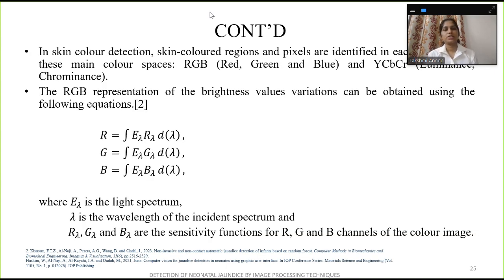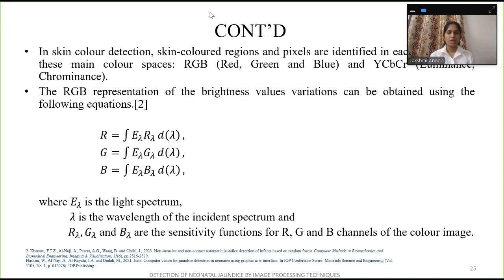In skin color detection, the skin colored regions and pixels are identified in each channel, and from these main color spaces, RGB and YCbCr. The RGB representation of the brightness value variations can be obtained by using the following equation. Here, this is the given equation where E lambda is the light spectrum and lambda is the wavelength of incident spectrum, and R lambda, G lambda, and B lambda are the sensitivity functions for R, G, and B channels of